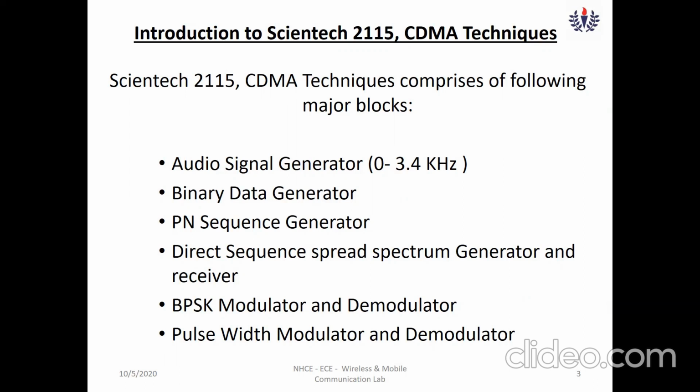So there are two ways of giving input to the trainer kit, either through the audio signal generator or through the binary data generator. If you choose the binary data generator, you can directly give it to the direct sequence spread spectrum generator. If you choose the analog signal generator as the input mode, then you have to use the pulse width modulator to represent your analog signal in the form of digital data.